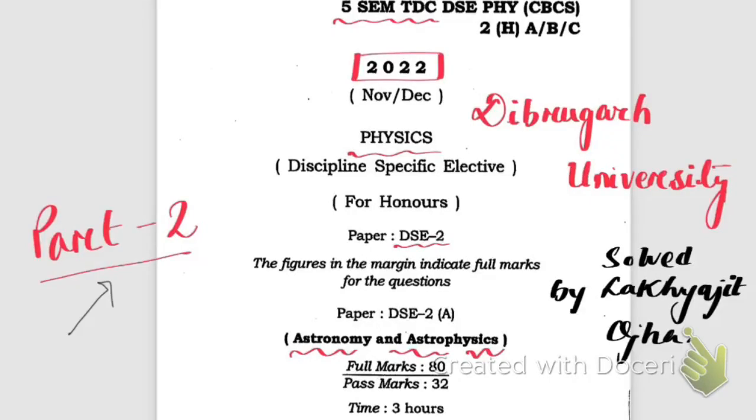Hello friends, this is part 2 of the solved paper, Astronomy and Physics, Astrophysics DSE paper 2,